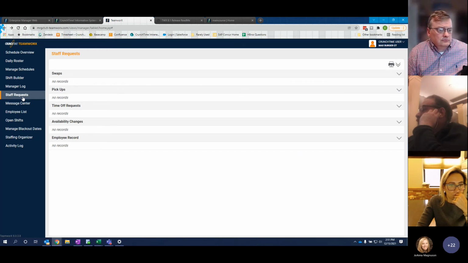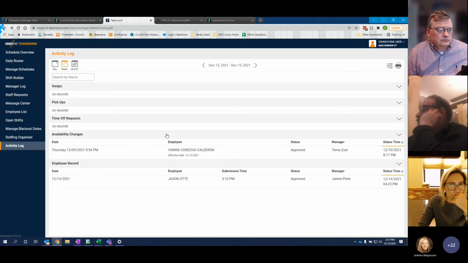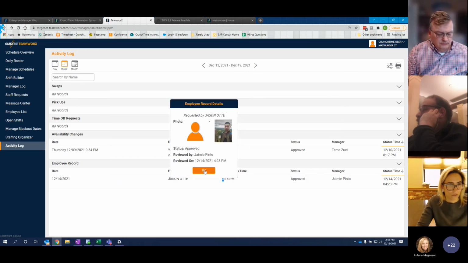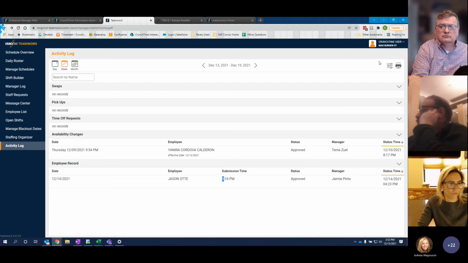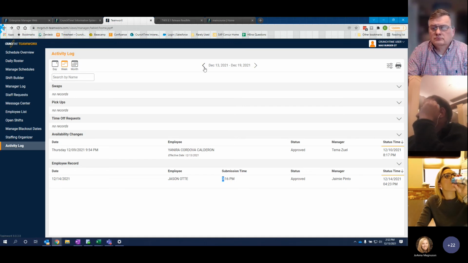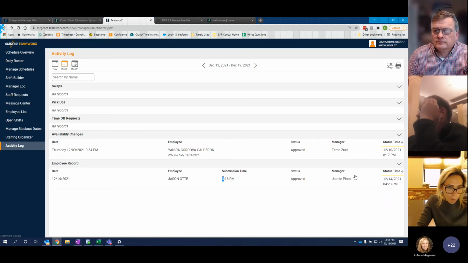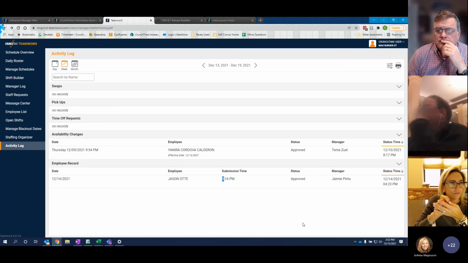All right, excellent. My next natural step was the activity log, which we just saw that we can click in to see information. I can see things that were approved by who and when. I can click for more particular information. This information is stored. You can go back if you need to, just as an FYI that it is kept here for you to be able to come back. And then the last two we're going to look at before we say that it's going to be mostly GMs